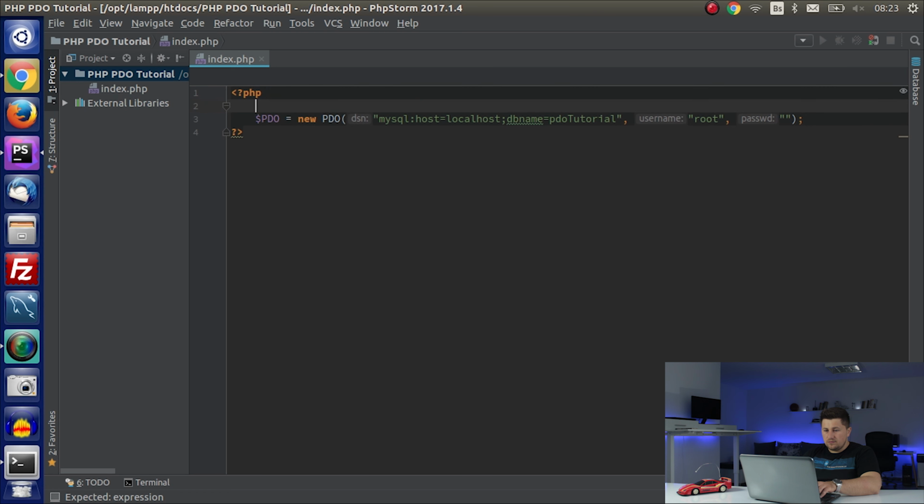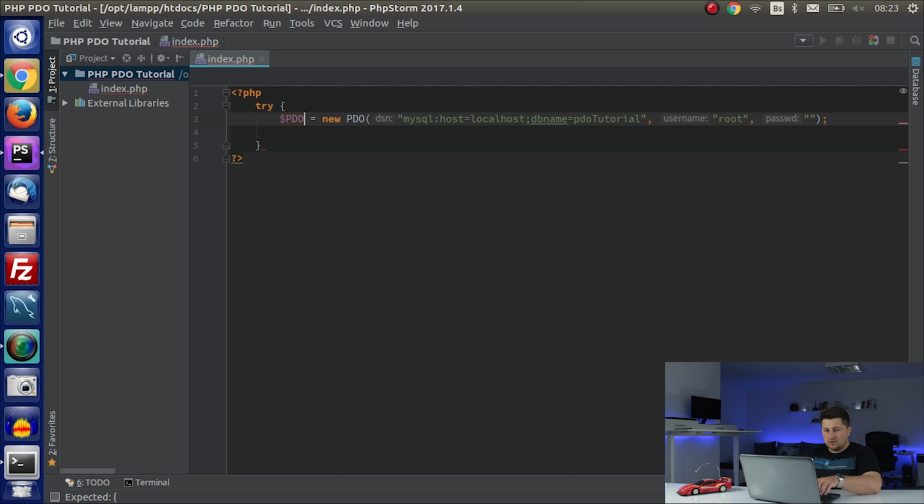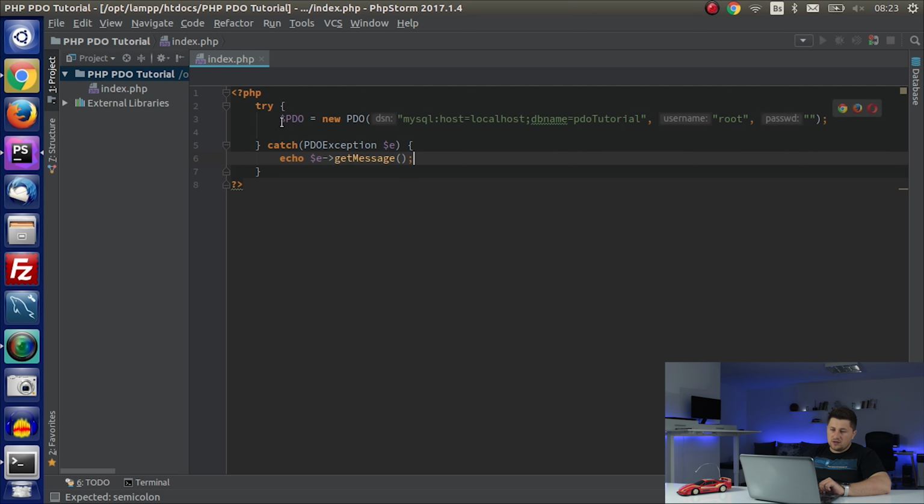And now, before we proceed any further, I will just write one try and catch, just because I want to show you how you can catch any error for PDO. So I will say here PDOException, and here we can say getMessage. What this means is basically we are trying to execute this part of the code here, and if there is any error that happens inside PDO, this part here will execute and we will just get a message what's wrong. So if we test now,